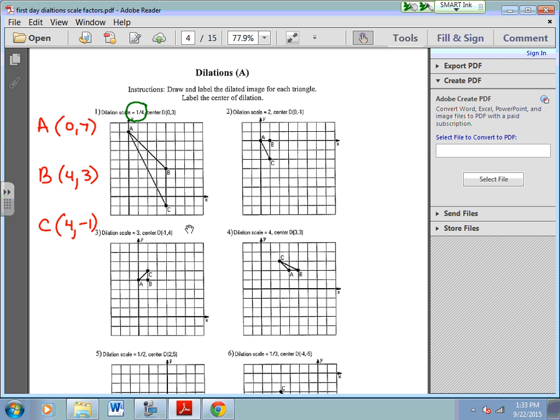Now because it's a fraction, remember, when you guys are adding and subtracting fractions, you have to get a common denominator, right? Well, when we're doing dilations, we're not adding or subtracting, we are multiplying. The rules of multiplying and dividing fractions are different than when we're adding and subtracting, okay? We don't need common denominators when we're multiplying fractions, okay? So with that said,